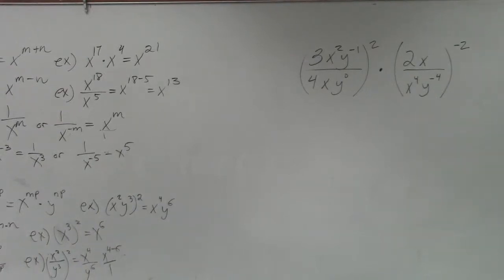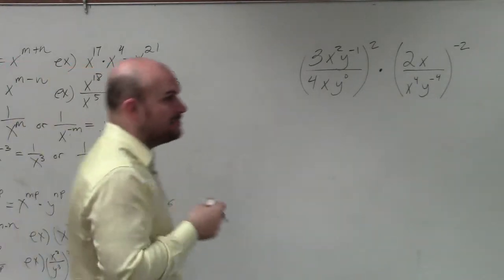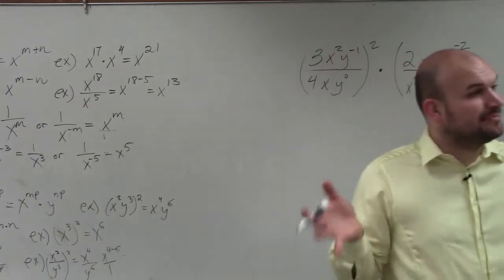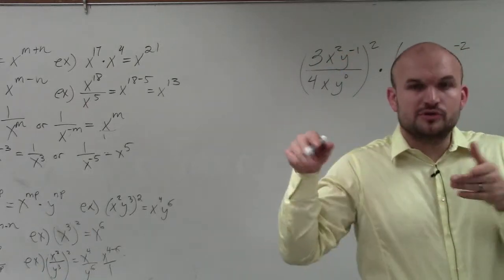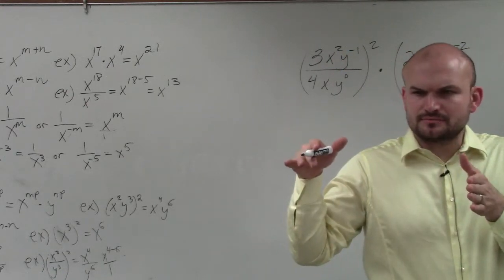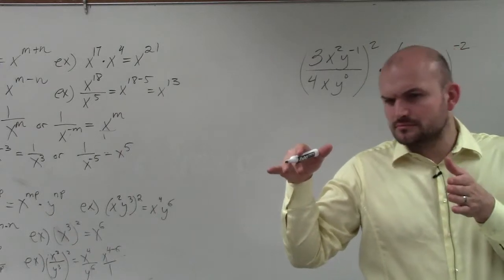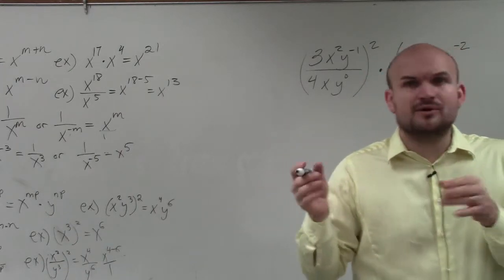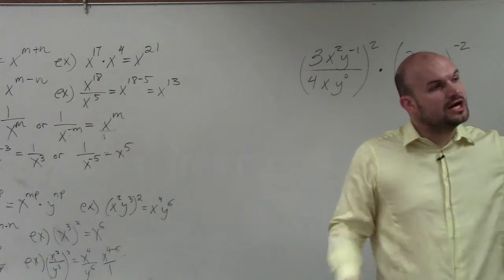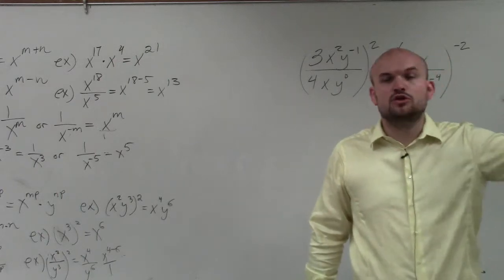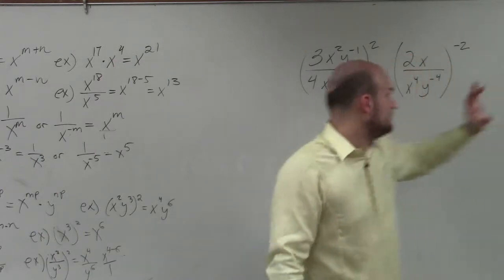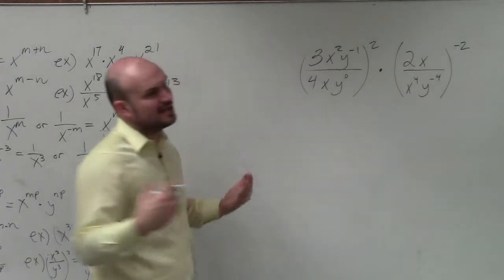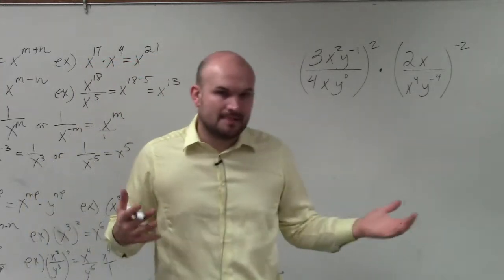All right, so when doing a problem like this, the first thing I want you guys to understand is we had the power to product rule. If you guys remember, you can distribute your powers across the product. You can also distribute your powers across the quotient, meaning division problem. So what that means, basically, when you guys are doing a problem like this, when you're trying to simplify, remember,